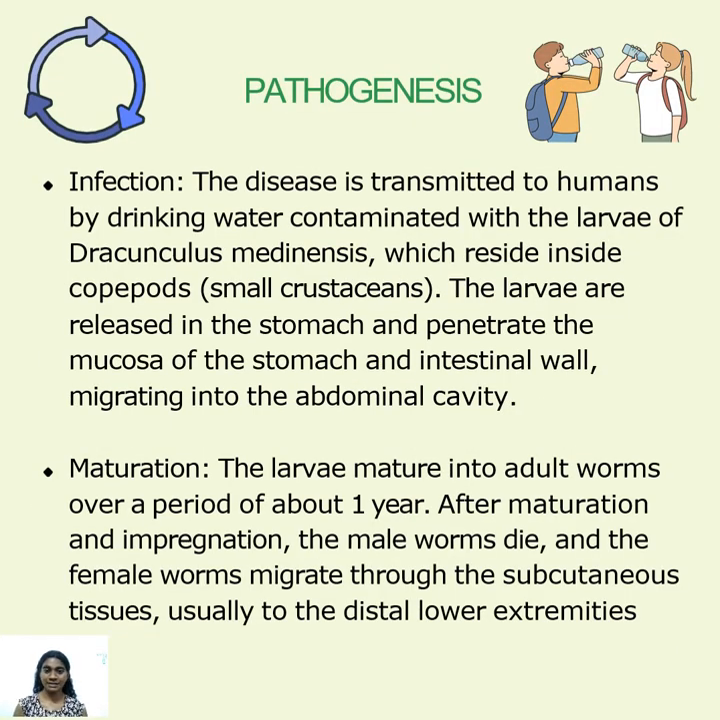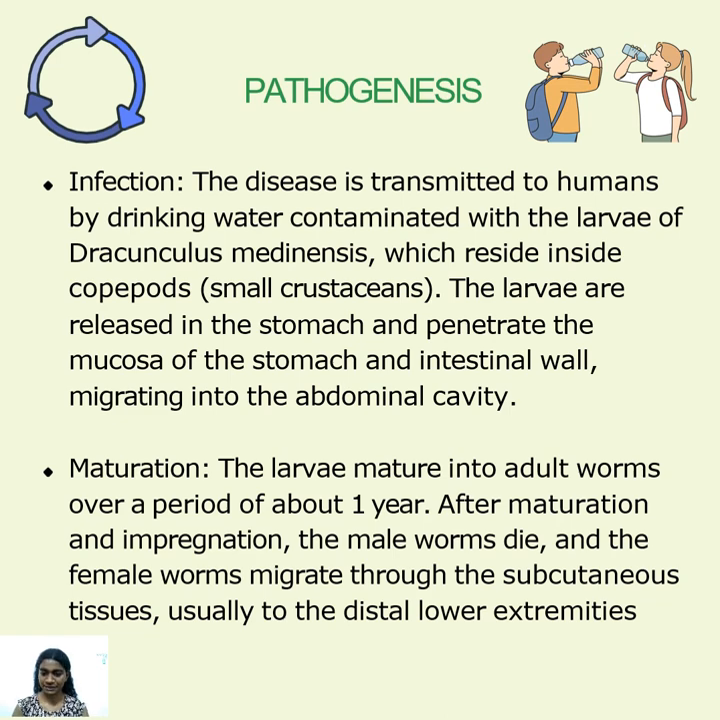So here is the pathogenesis of how these parasites actually infect the humans. The first stage being infection, the disease is transmitted to humans by drinking water containing the larvae of Dracunculus medinensis, which reside inside copepods. Now these copepods are small crustaceans. The larvae are released in the stomach and penetrate the mucosa of the stomach and the intestinal wall, migrating into